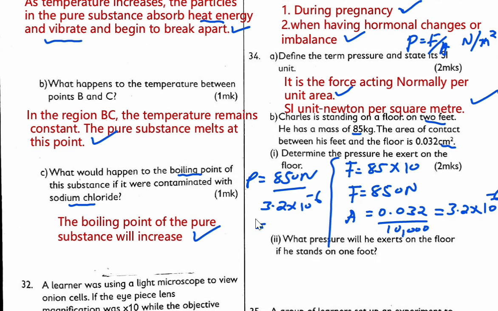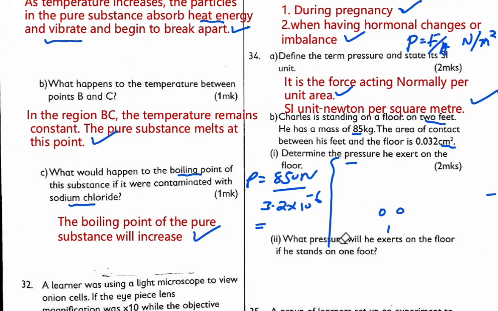When you divide these two, the answer is very big. So there's no problem. It is very, very big, but we're going to write the answer. If you divide these two, the pressure will be